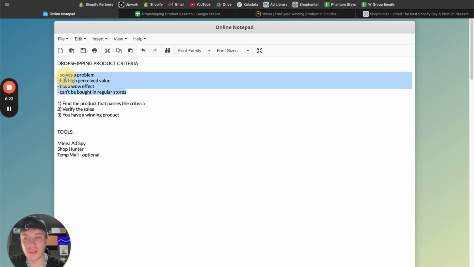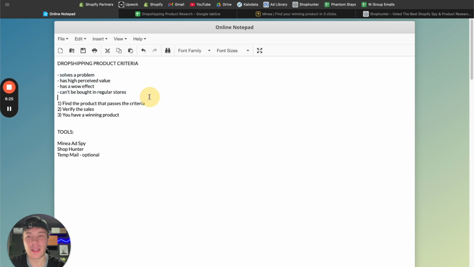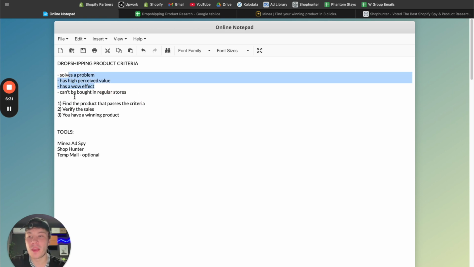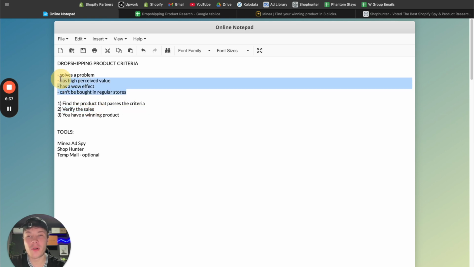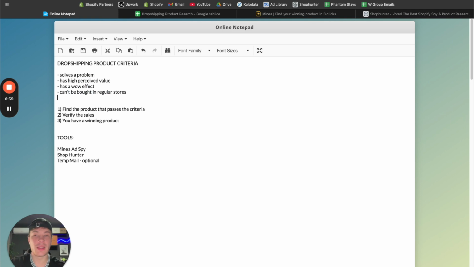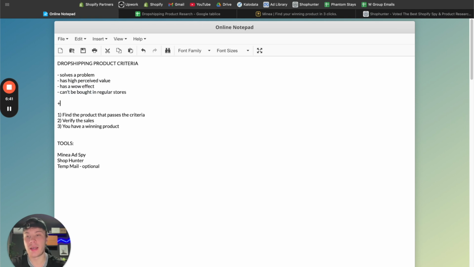So that's the main 4 criteria, okay? And that's what we need to validate, and that gets us to step 1. So finding the product that passes those criteria. At step number 2, you can see that I do have this verify the sales. Other than these 4 criteria, there's one more thing that is really, really important. So I'm gonna add that as a plus,